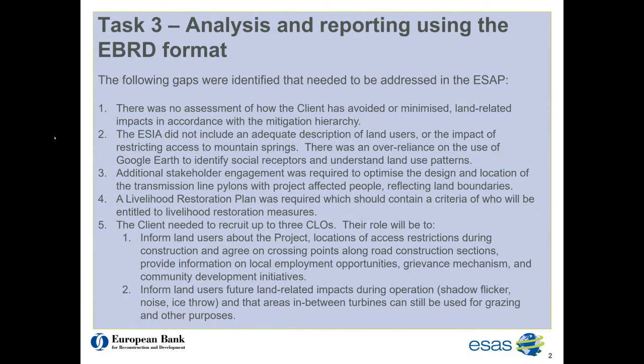Additional stakeholder engagement was required to optimise the design and the location of the transmission line pylons with project-affected people, reflecting land boundaries. A livelihood restoration plan was required, which should contain criteria of who will be entitled to the livelihood restoration measures. And finally, the client needed to recruit up to 3 community liaison officers, and their role